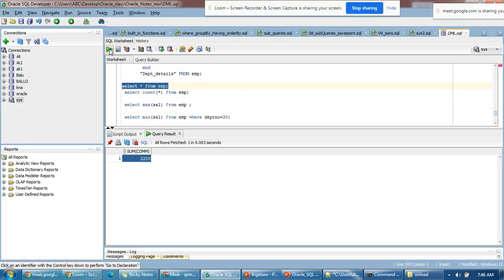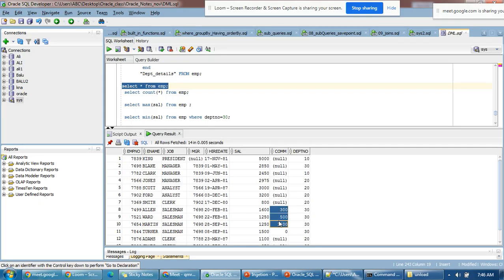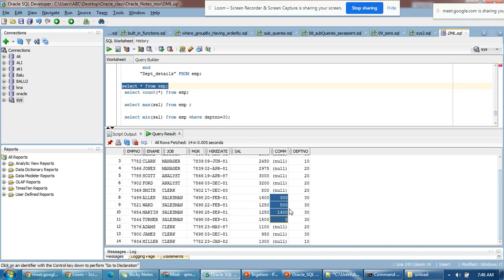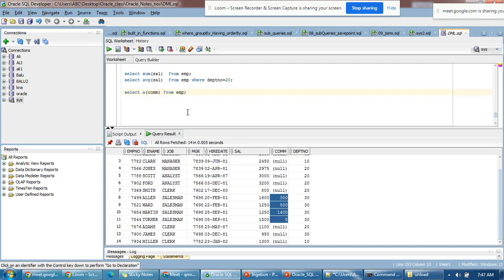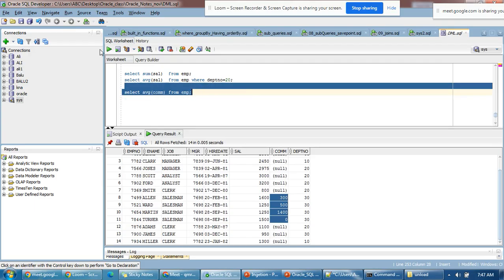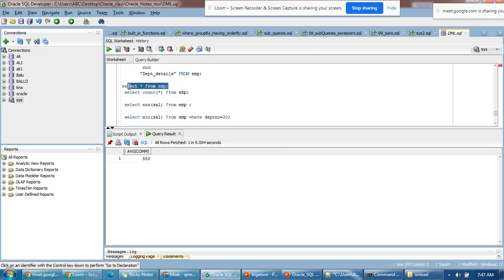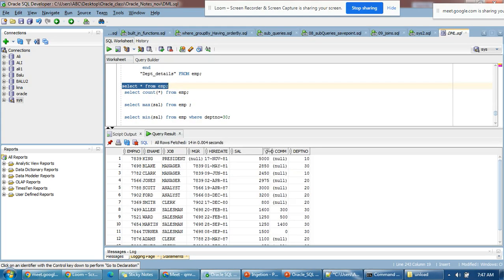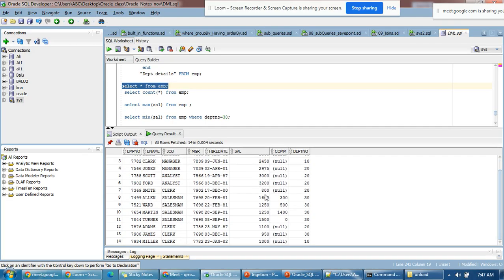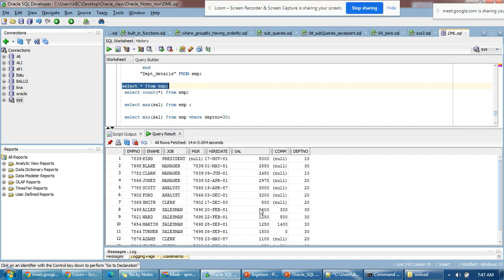Whatever values are not null, it will take and do the count or average, whatever it may be, and the rest it will ignore. Even with average, how do you calculate mathematically? Sum divided by the number of elements. It would calculate the sum, and the number of elements would be 14. Normally it would do like that, but with aggregate functions in